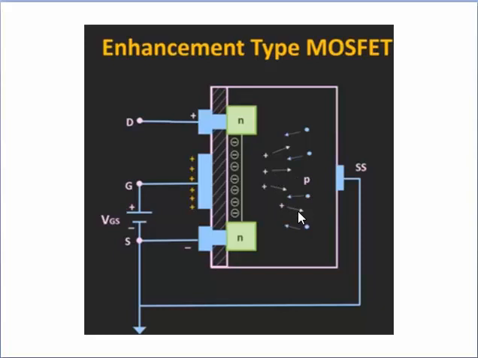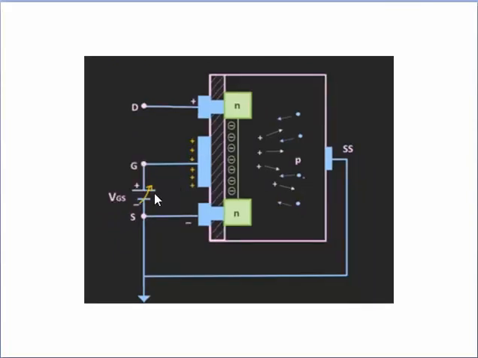Now as we keep on increasing the voltage VGS from a lower level to a higher level, the holes are pushed more and more deeper into the substrate, and the electrons, after recombining with holes, rush towards the gate terminal. But due to the insulating layer, they are not able to cross the oxide layer, and they start accumulating near the oxide layer,